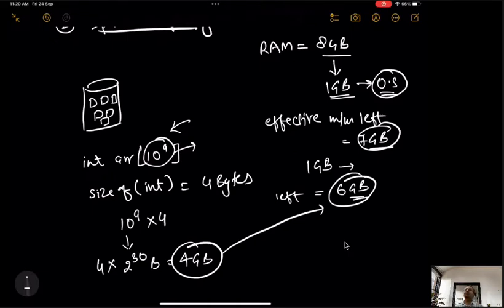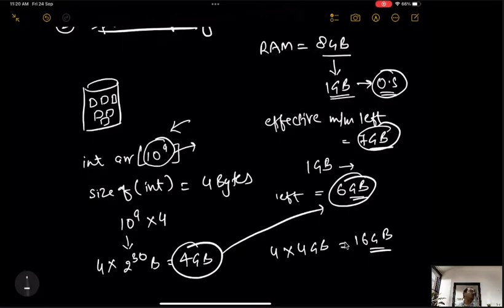You need 4 arrays of this much size, but 4 arrays of this size will take 16 GB, and you have only 6 GB left. What will you do? You cannot declare that array. What is the solution?